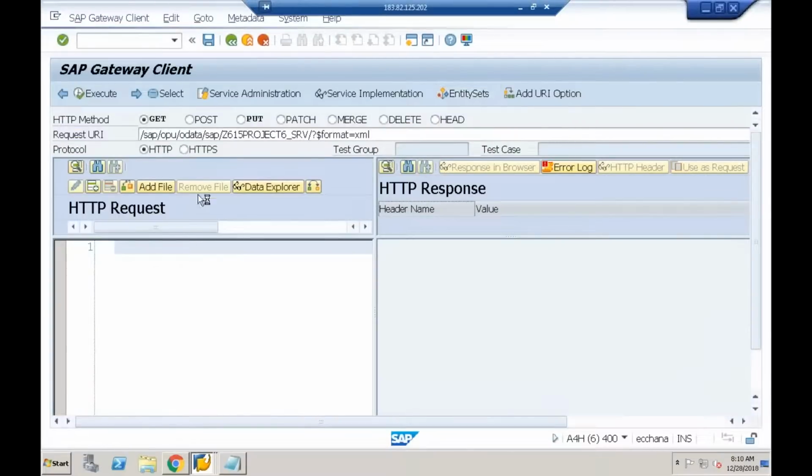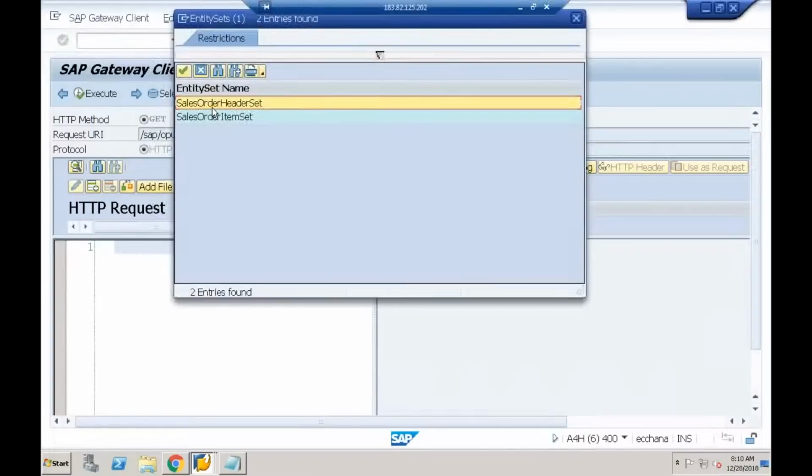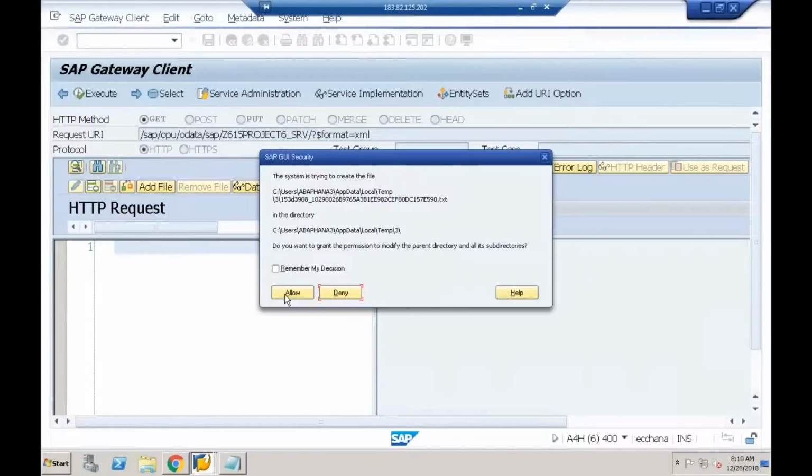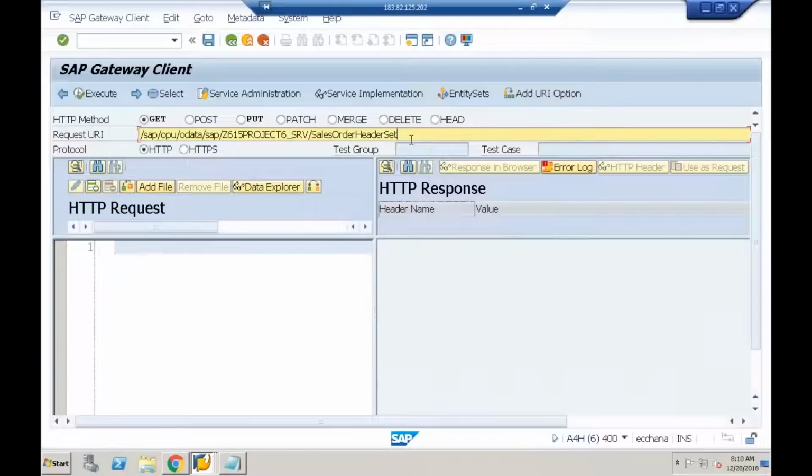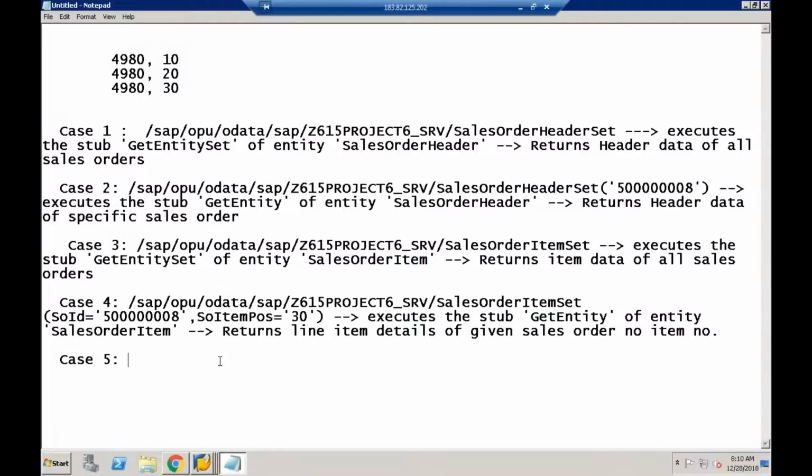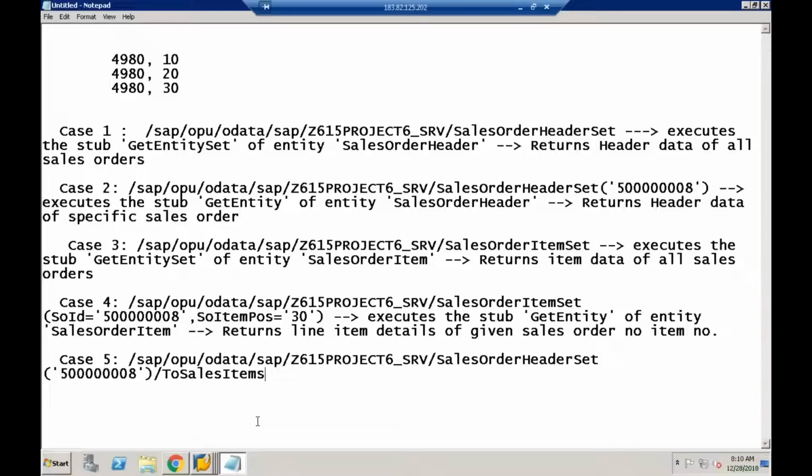So if I pass like this, sales order address set. If I pass like this, two sales items, what happens is, so this is the scenario. If I pass like this, what happens is it will